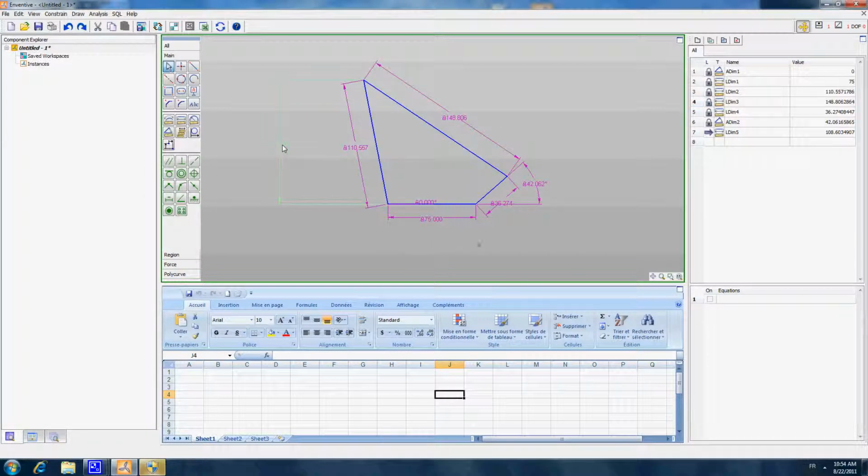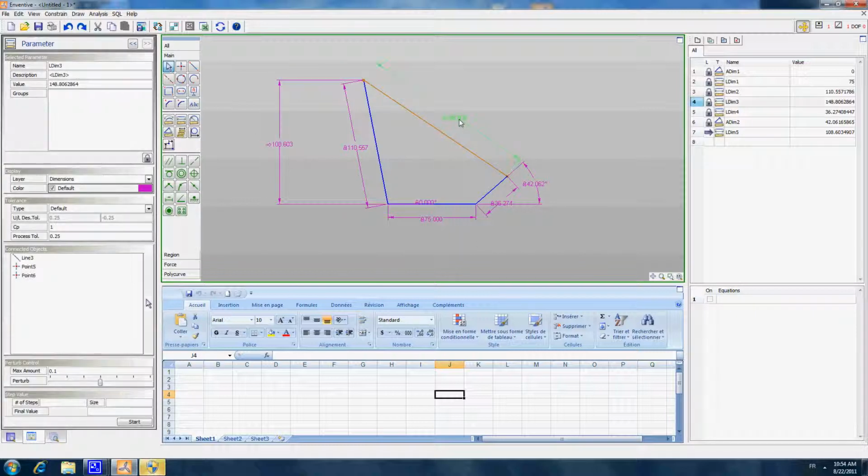So then on each of the input dimensions, for example on this one, so you can see I have switched back to the initial state of the model. The output dimension is this one. So on any locked dimension, if you click on them, you see here on the left are displayed its tolerance information. Right now this dimension is associated with a tolerance of plus or minus 0.25 and a process capability of 1.